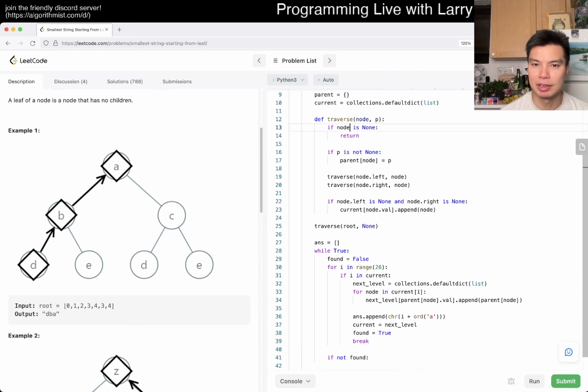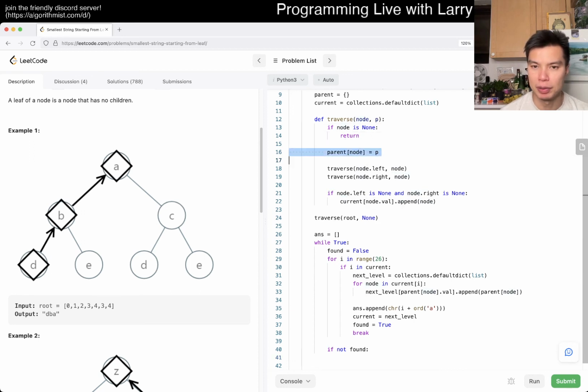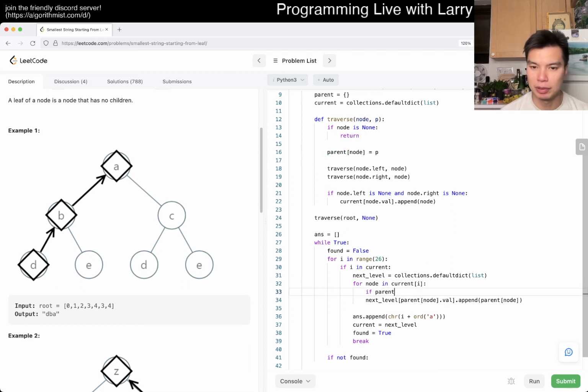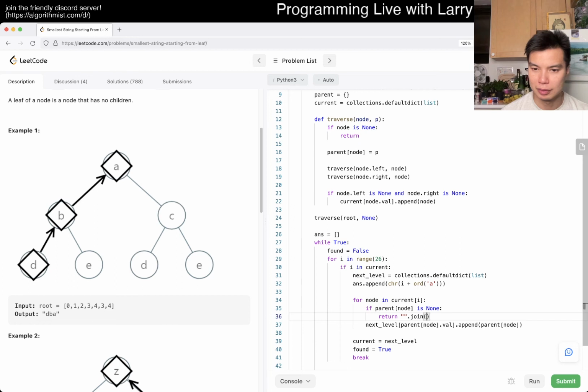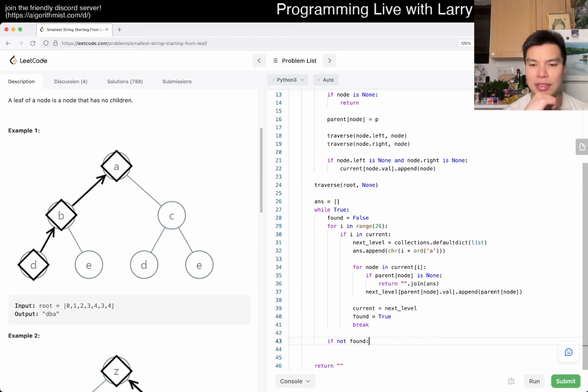Also, we do actually want this to happen, to point at none, so then we can maybe do a thing on it. If parent node is none, then we return. Put this in first, because that means that we hit the root after using this character. Okay, if it's not found,